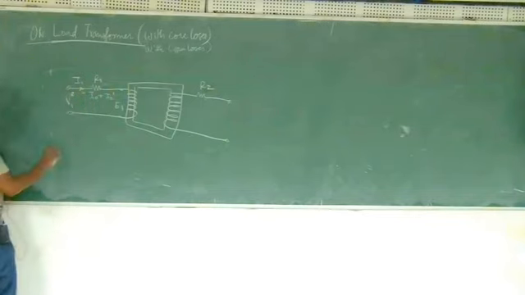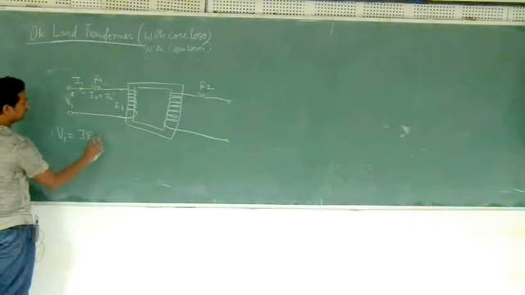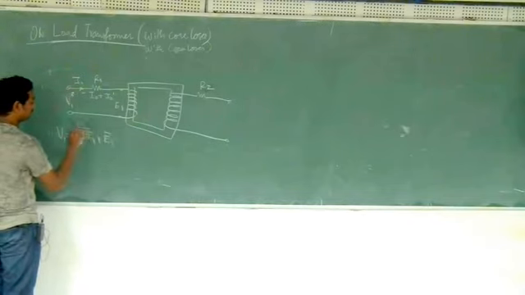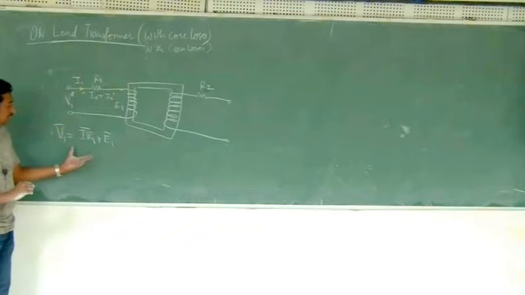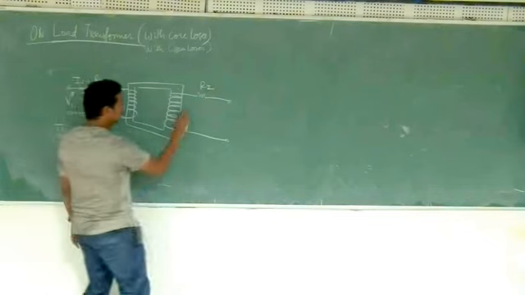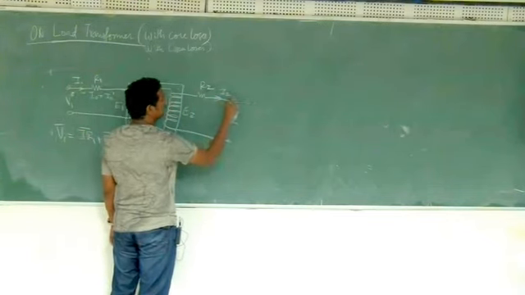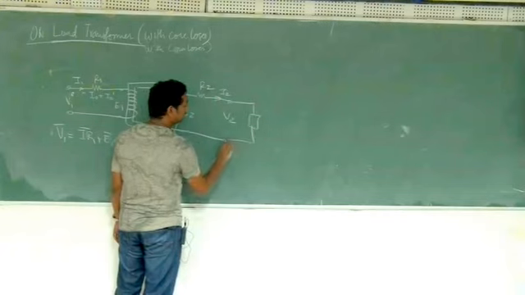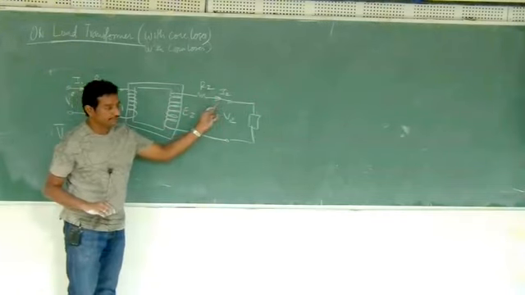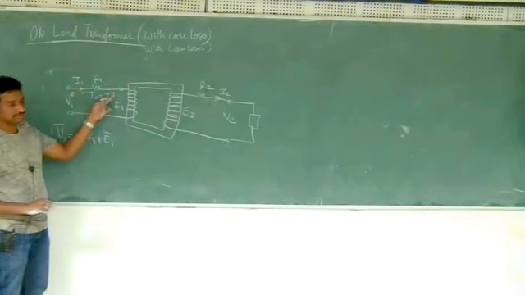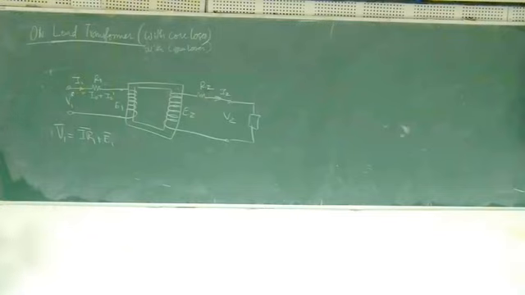So simply by Ohm's law, you will get V1 equal to I1 R1 plus E1. So these are all vectors. Similarly, here I get E2 and this is V2 and this is I2, given that this is a load. Whenever there is a load, I get I2. Because of I2, I get I2 dash. If I2 is 0, I2 dash is 0, so you will get back to the normal situation.